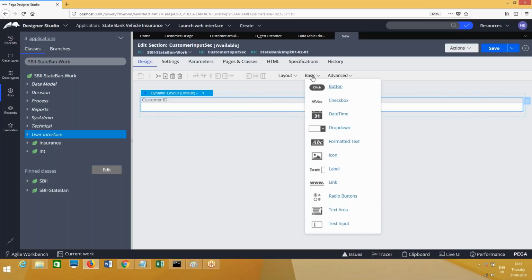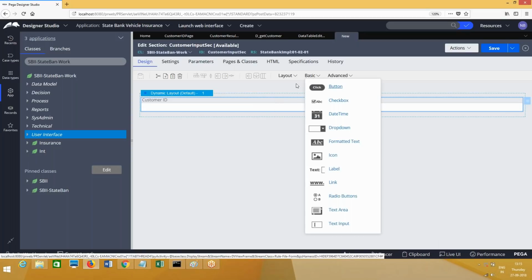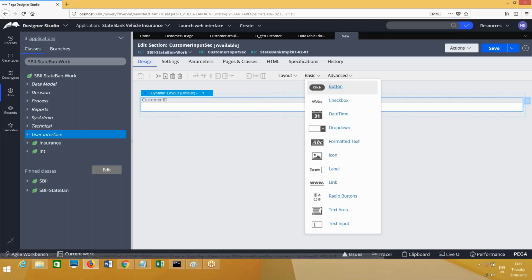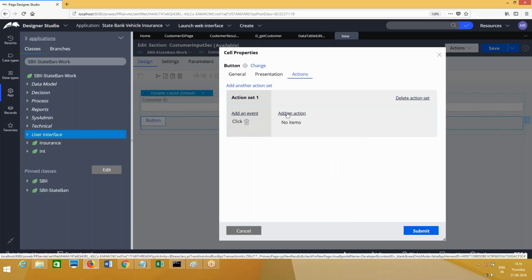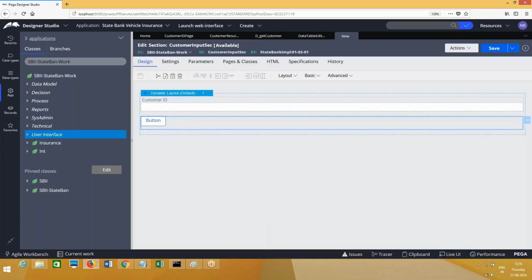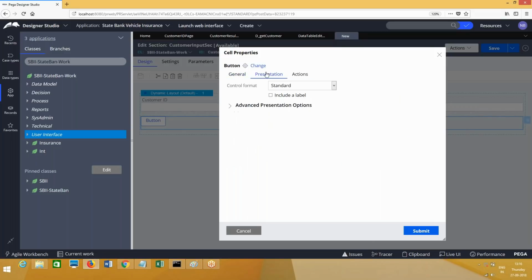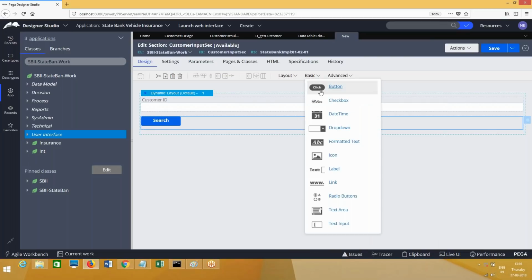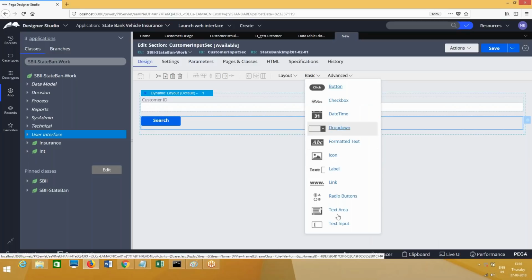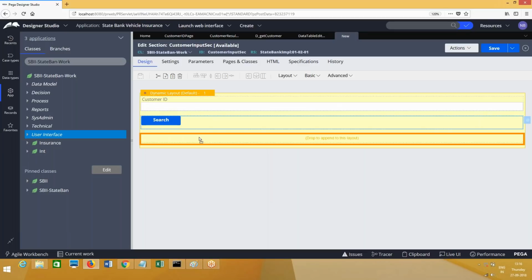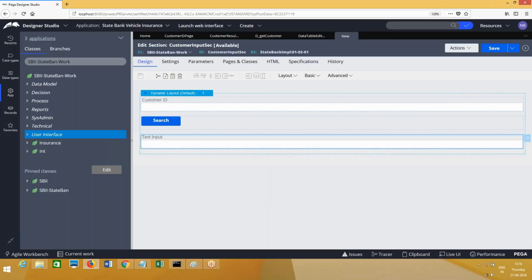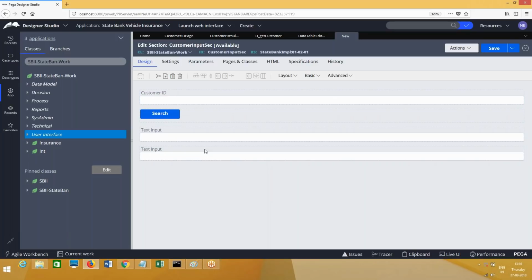And next I'm going to add a button, and on click of the button, I'm going to refresh the section. Simply I'm going to refresh the section, or I can post the value, anything you can do. So let me give a name called search, and presentation I can choose something and then submit this. Now for the results, I'm going to add properties. You are not required to display all the results. I'm going to display just 3 results. If you want to add all, you can copy, paste.